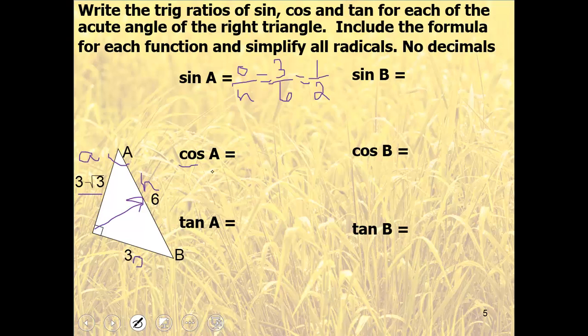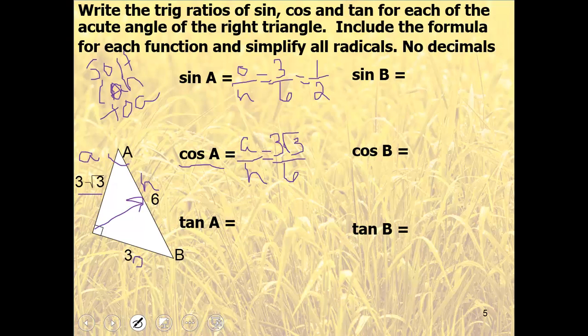The cosine of A is the side, remember SOH CAH TOA. Okay. The cosine of A is the side adjacent over the hypotenuse, which is 3 square roots of 3